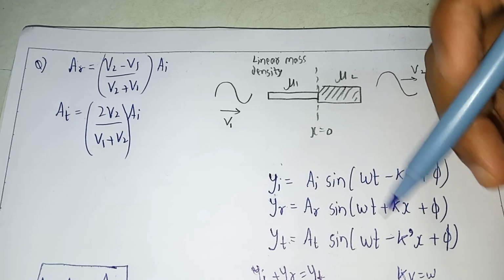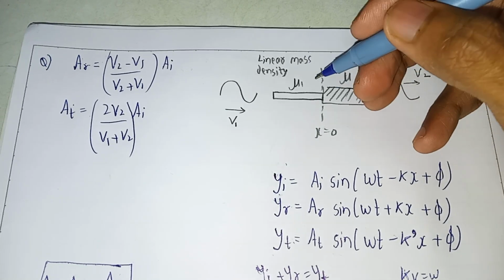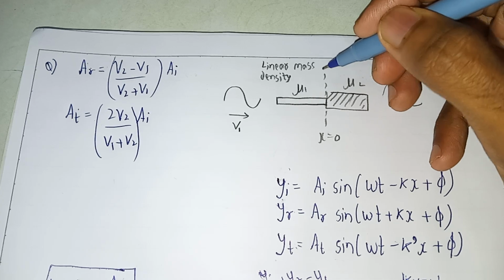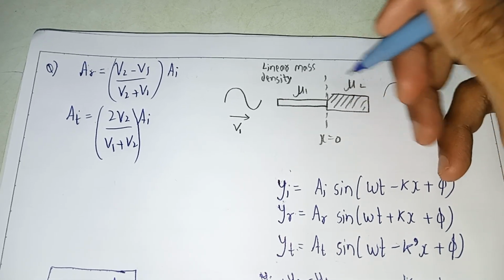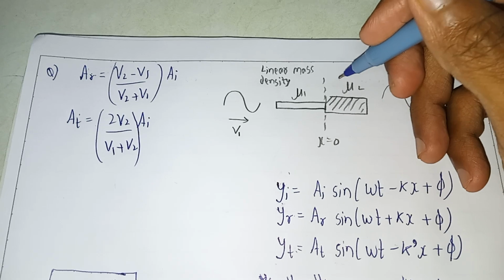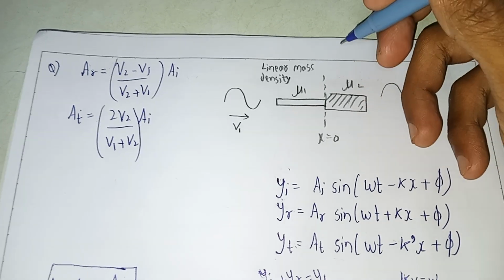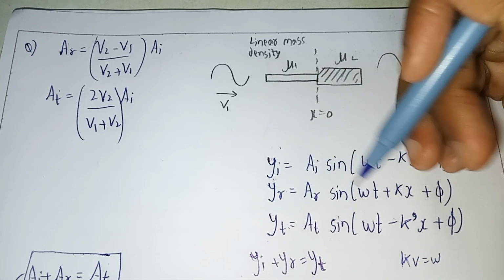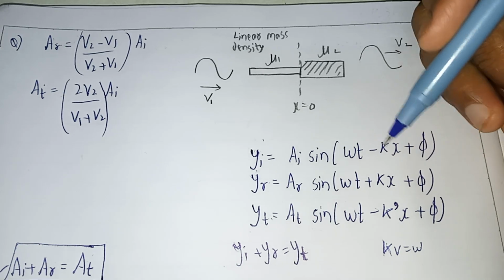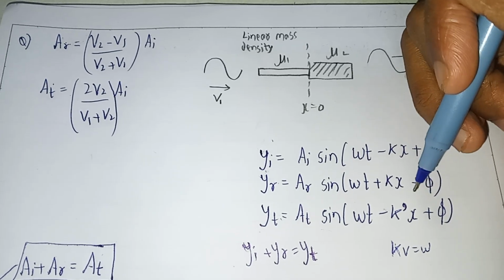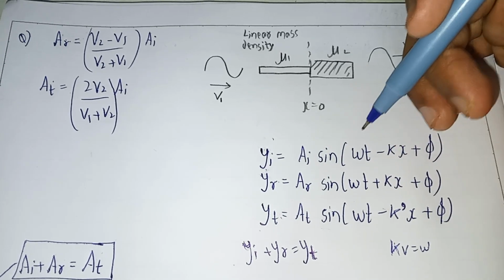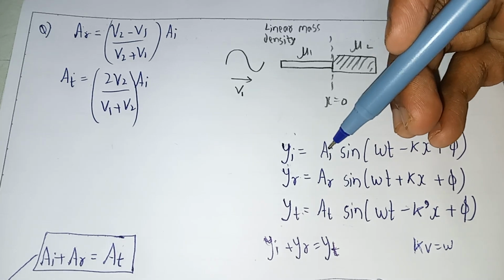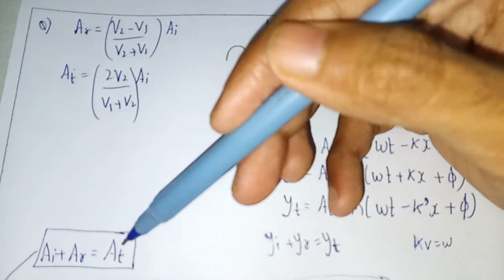After this, we will look into the equation of continuity of the wave. The equation of continuity here means that whatever amplitude we have on the left hand side should equate to the amplitude on the right hand side, so that the wave does not break at x equal to 0. So we will write yi plus yr, that is on the left side, equal to yt, that is on the right side. Now we know that x is 0, so kx and k dash x are of no use, being 0, and you are left with sine omega t plus phi, which can be cancelled from all of them, and hence you get your equation of continuity as Ai plus Ar equal to At.